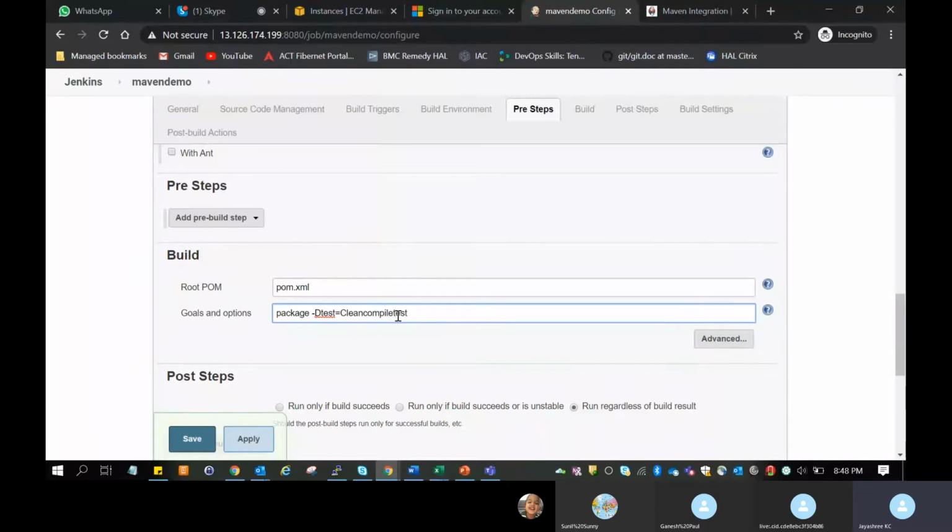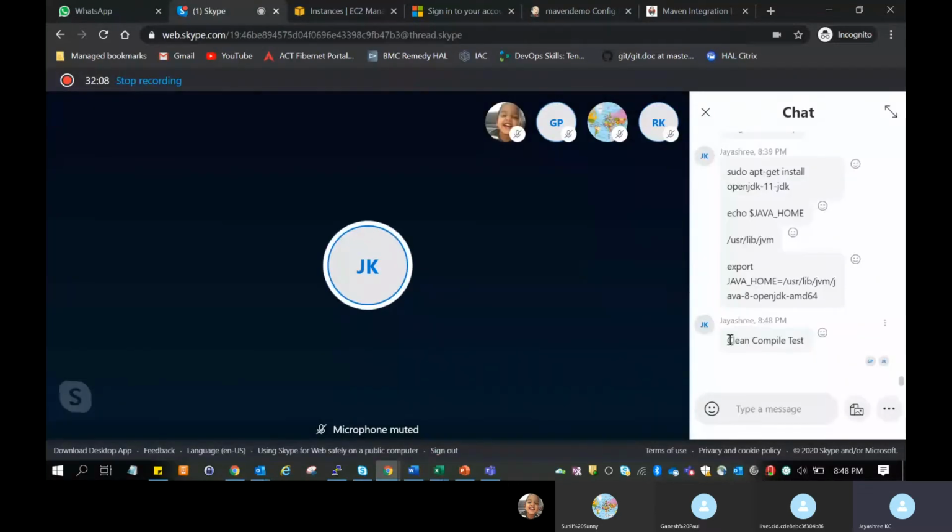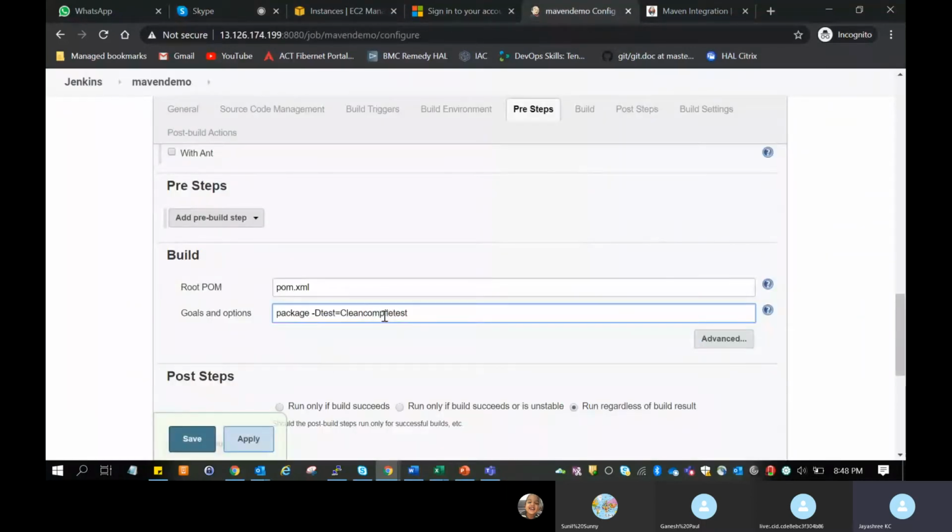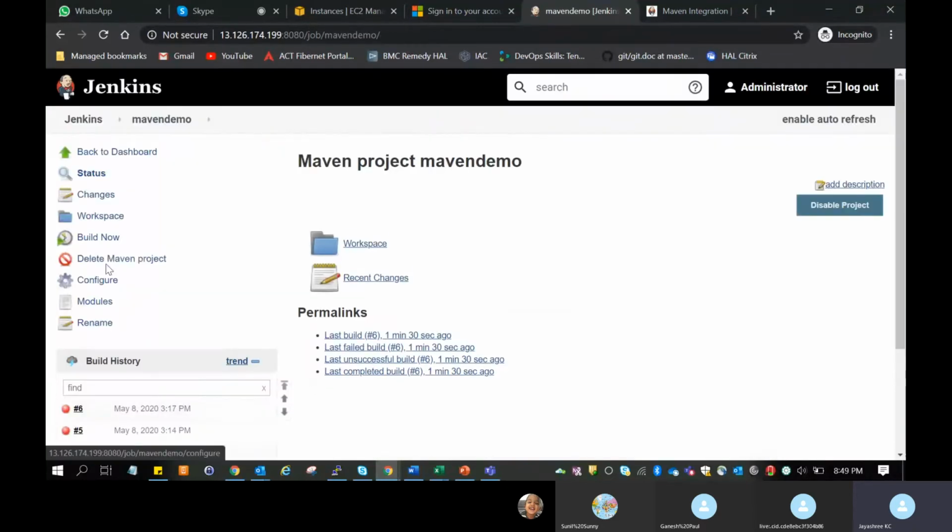No, please copy the command from the chat. You should not give the package as well. Click on save. Build now.